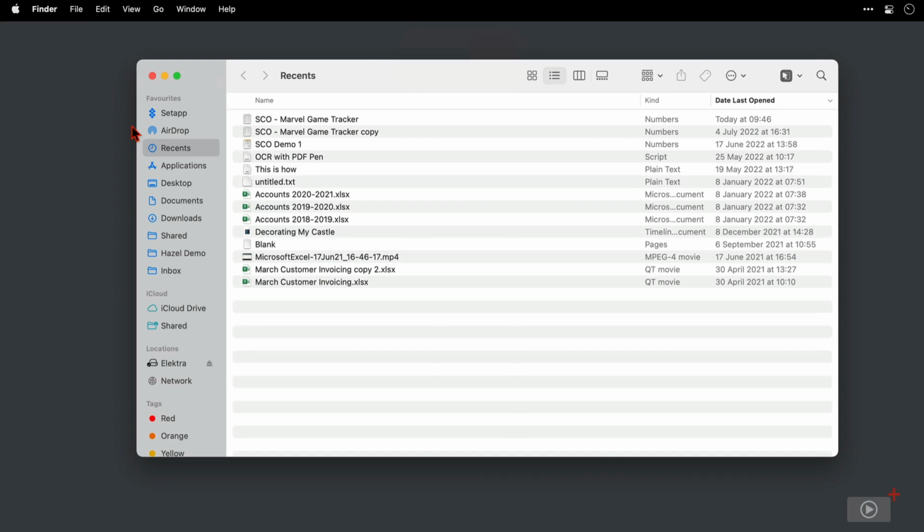Now first of all, I'm going to bring up a new window by pressing Command and N. And we can see that by default it's opened with a list of my most recent files that have been accessed. Now you may not want every new Finder window to open here. You may want it to open to a completely different folder. So I'm going to open Preferences by coming up to Finder,